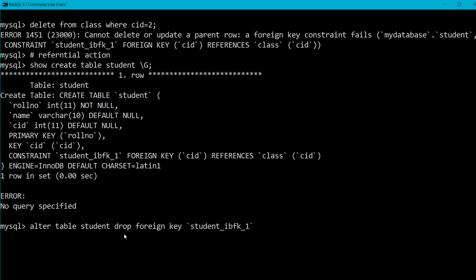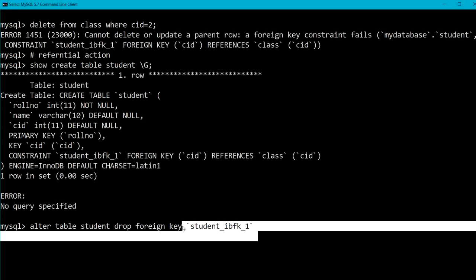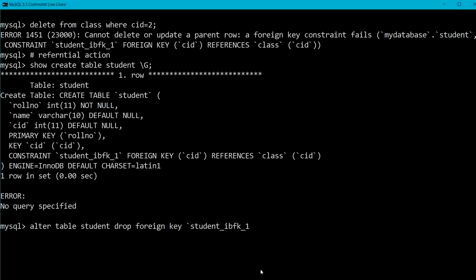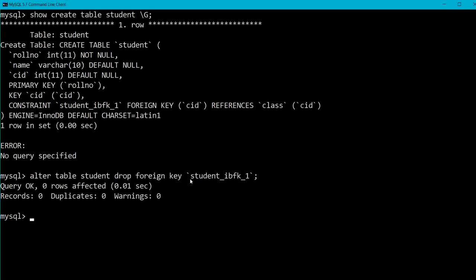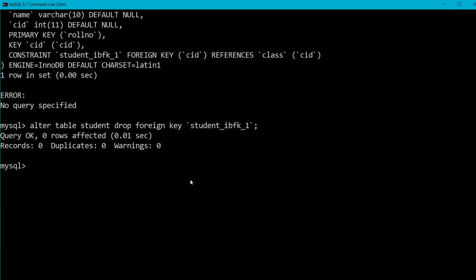So: alter table student drop foreign key student_ibfk_1. Let me terminate this statement with a semicolon. Yes, so now the foreign key constraint is dropped from the student table.